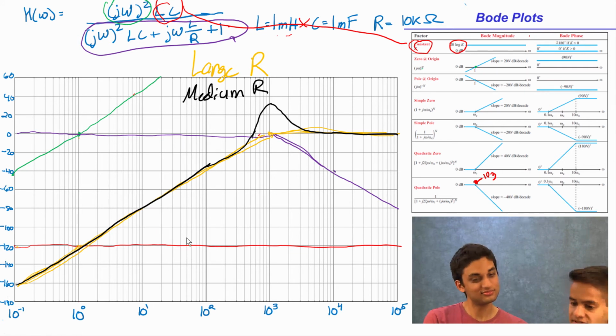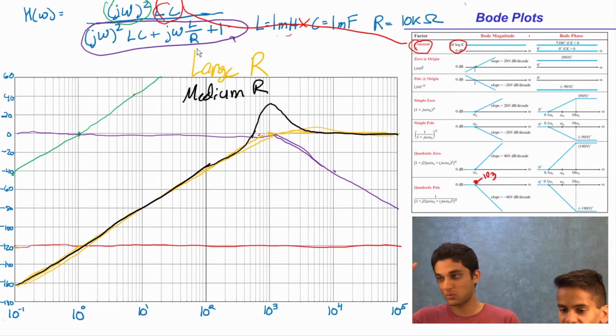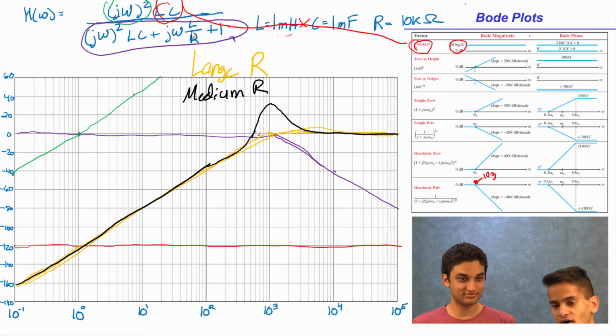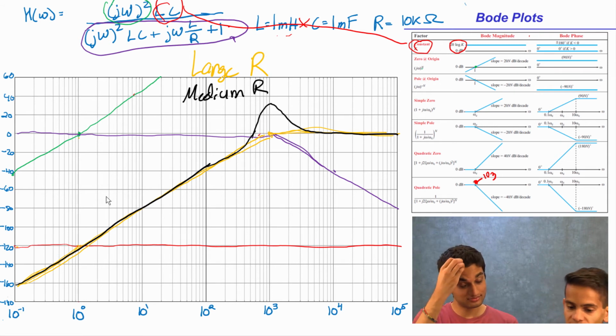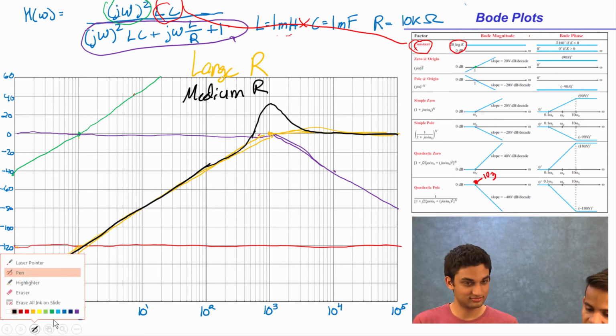Now, what happens if we get rid of the damping entirely? What happens if we get rid of all of the resistance in our circuit? Well, then this middle term goes to infinity, doesn't it? Because R goes to 0 and it blows up. Well, what ends up happening is that